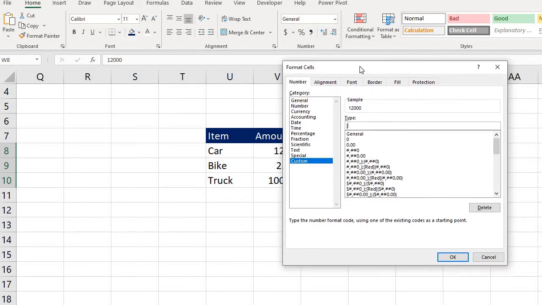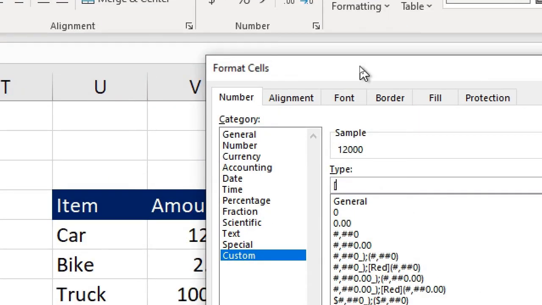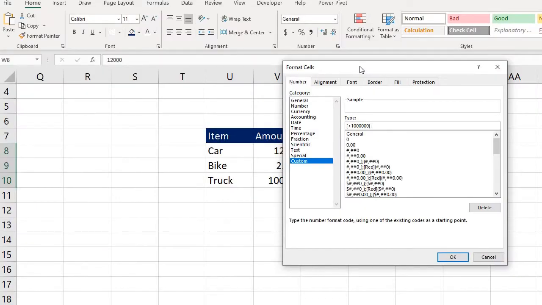Let me zoom it. So in that bracket you will mention less than, if amount is less than 1 million. Then you have to close the bracket, use space, then 0.0, comma, use K, semicolon,